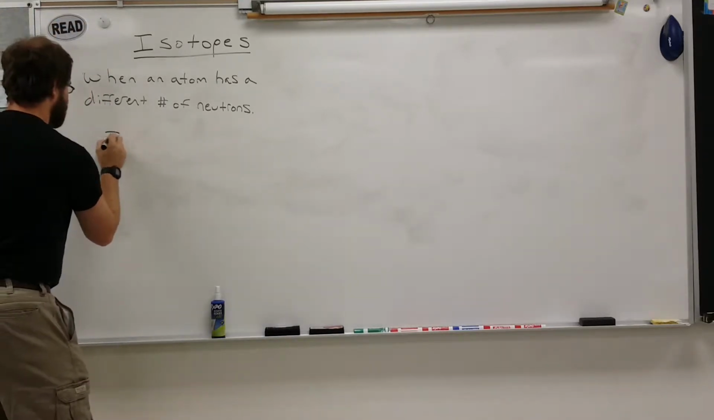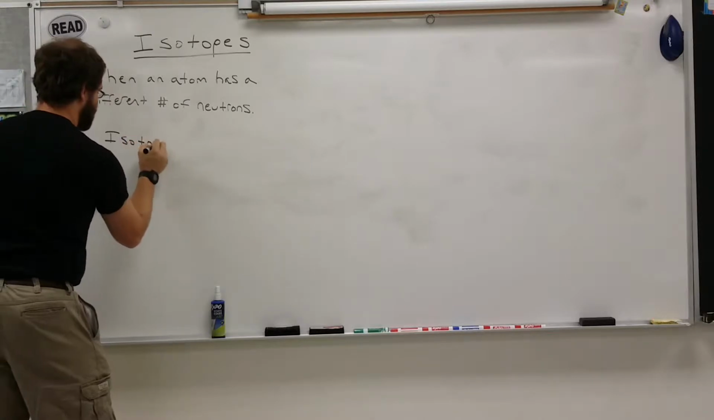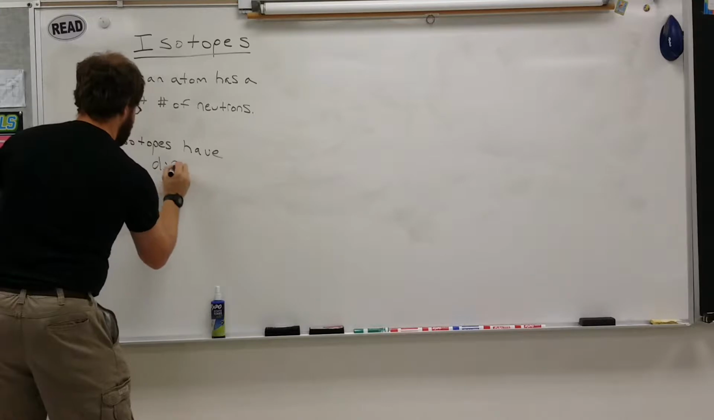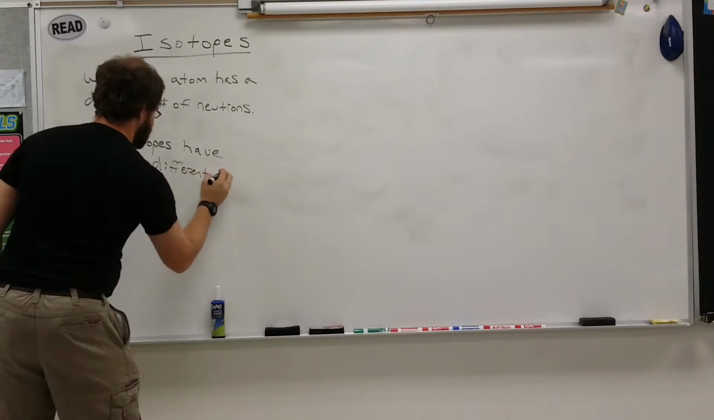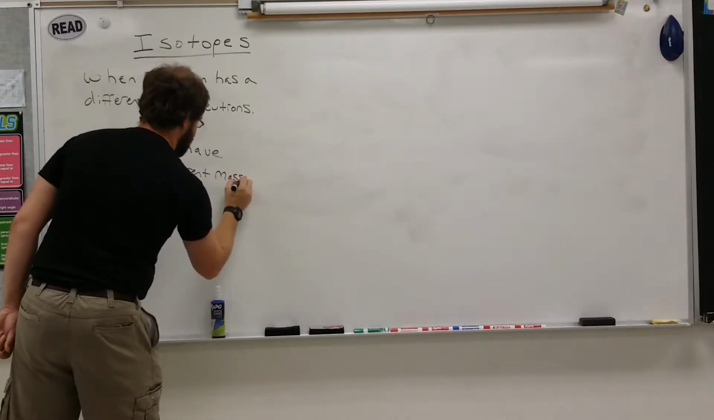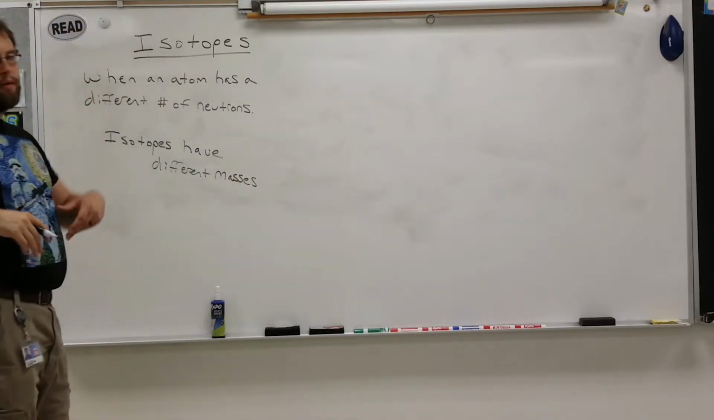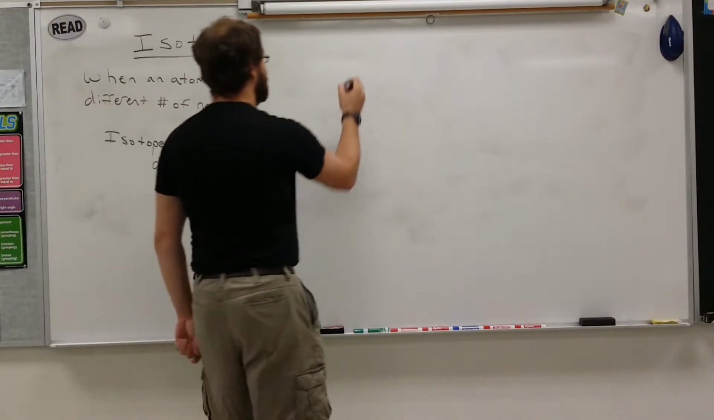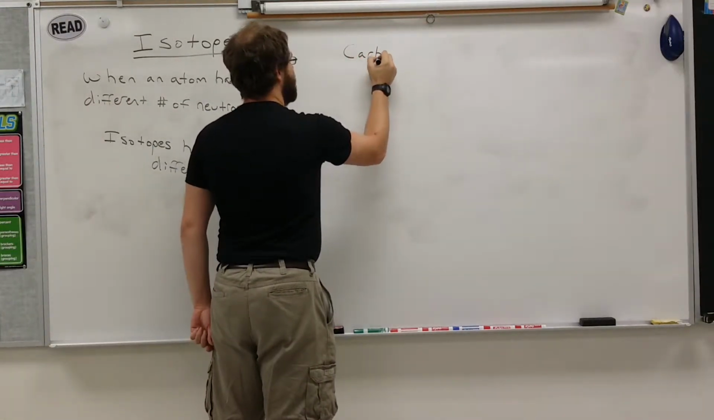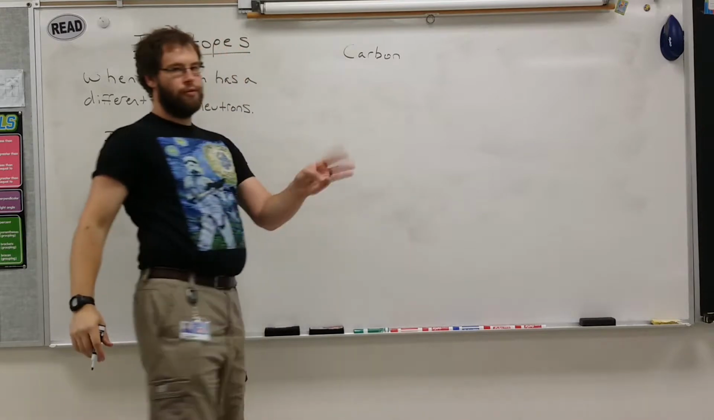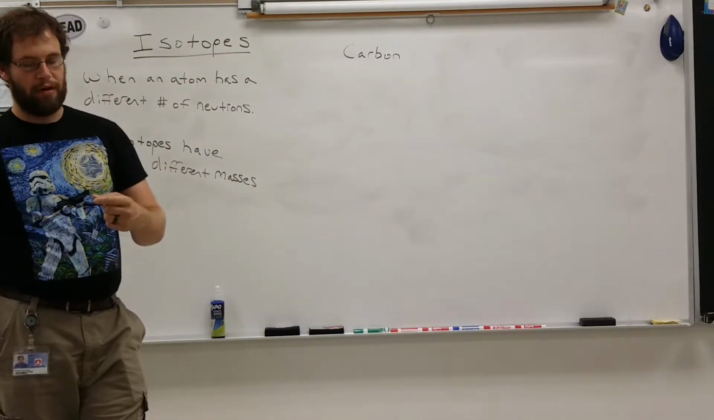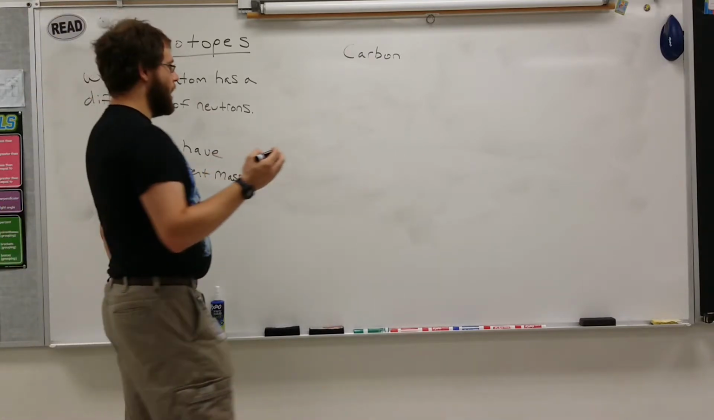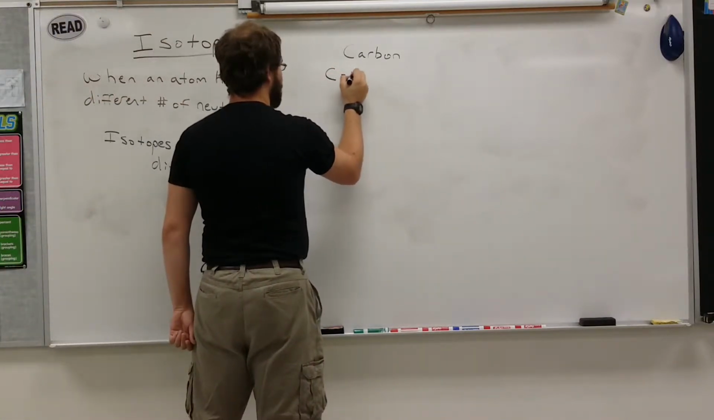That means isotopes have different masses. That's the big takeaway here. They have different masses, or different mass numbers. And so the most common example that we use in science all the time is carbon. Carbon comes in 3 varieties. There are 3 different types of carbon that are really prevalent throughout the universe, and they're called C12,